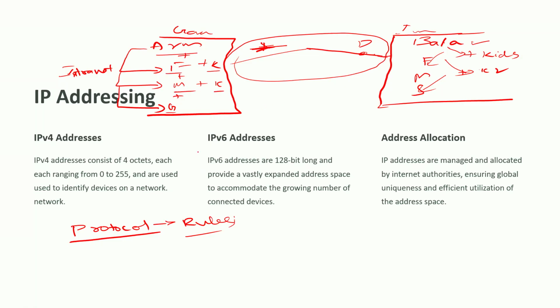Similarly, each and every computer, each and every mobile, each and every electronic device has its address, guys, the IP address. Let's talk about V4 and V6 addresses later. Let's just talk about the normal IP address. Each and every device out there has an IP address. Any doubts here?